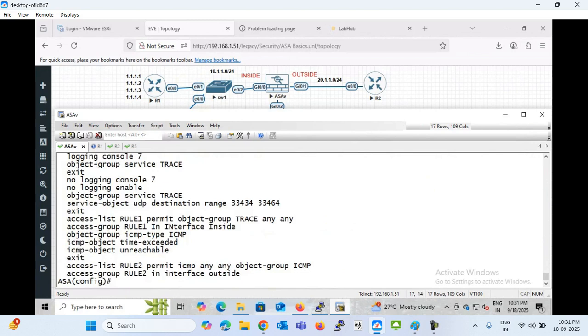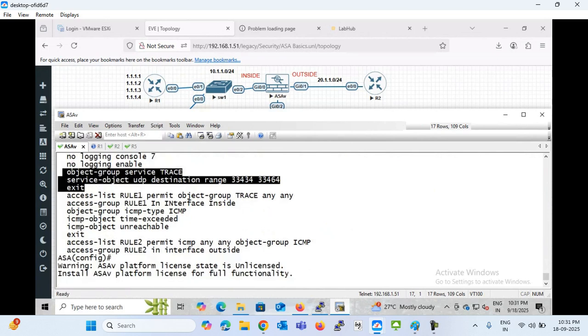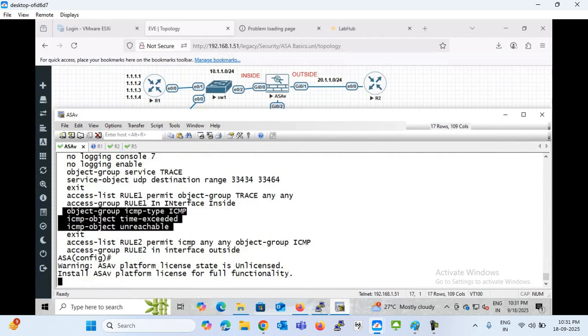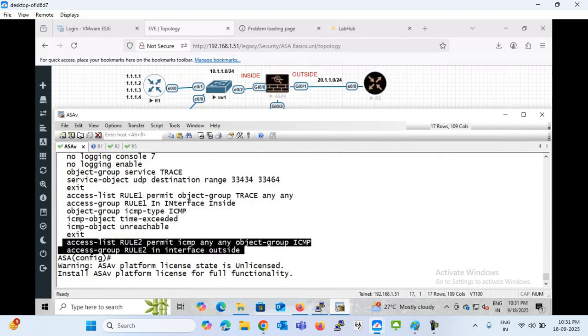In the history you can check, we created the object service for traceroute packets, UDP packets with their port number. Then we created the access list for the same and deployed it on the inside interface in the in direction. Okay, and similarly we created it for ICMP packets: time exceeded and unreachable, and created an ACL for the same and applied it on the outside interface, direction in, because the